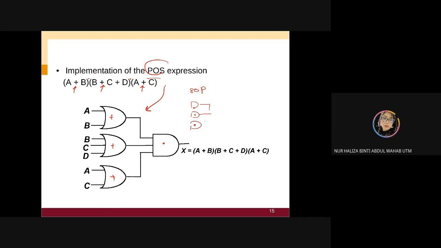And in total, you're going to sum, adding. So this is the very general differentiation between SOP and POS. So before we move on, any question between these two, SOP and POS? If no question, we're going to proceed with our next